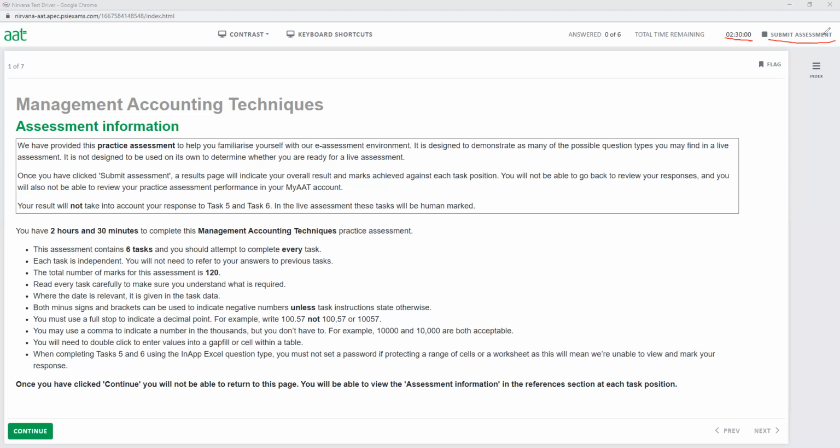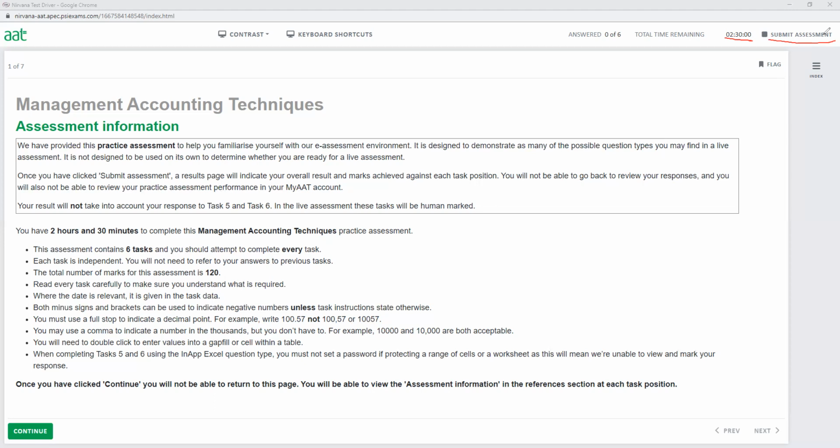When you book the exam for the first time, only then do you have to set up your password. AAT will send you a link by email, and you have to open the link to set up a password. You have to write it down or remember it, because every time you log in for the exam, you need it. So once you've set that up, on the PSI Bridge software, you have to enter your membership number and this